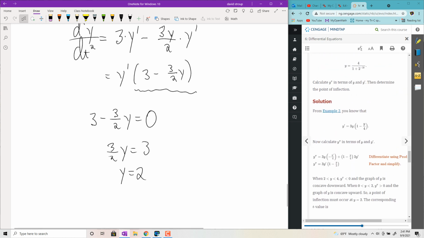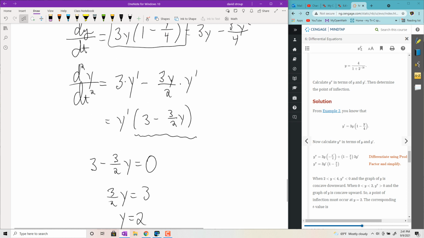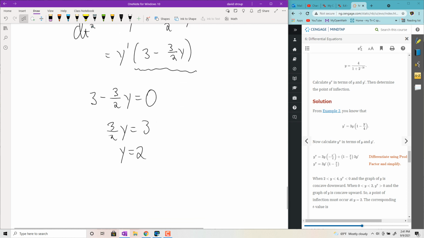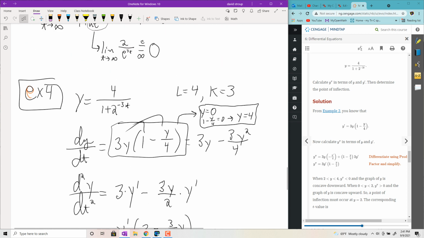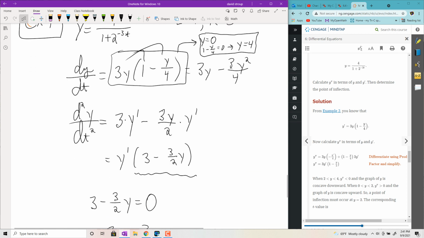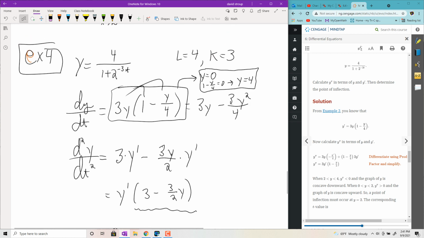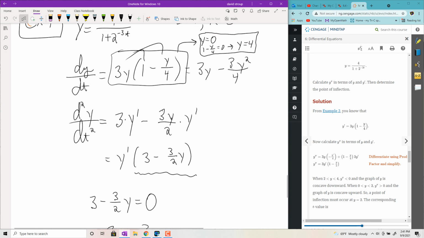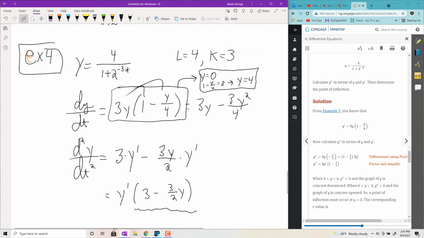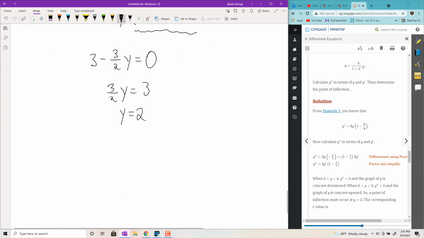Yeah, and then we need to find the other coordinate for this, so the t value that goes along with this. Because they want to know not only what is the inflection y value, but you want to know where it happens, or when it happens, right? When is it a bad idea to go outside when there's a bunch of zombies? When is it most likely that you're going to get bit and turn into a zombie when you're not a zombie already? So I'm going to go back to the original logistic equation and plug it in there and solve